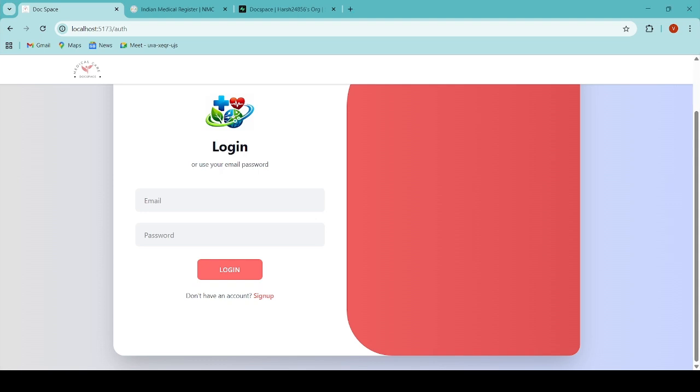All right, so I'll be giving a demo on DocSpace, which is a website which has been built in order to support a healthy environment between doctors as well as hospitals by supporting and ensuring credible users and easing out the process of applying for jobs, posting jobs, which is a really tedious task right now in the medical